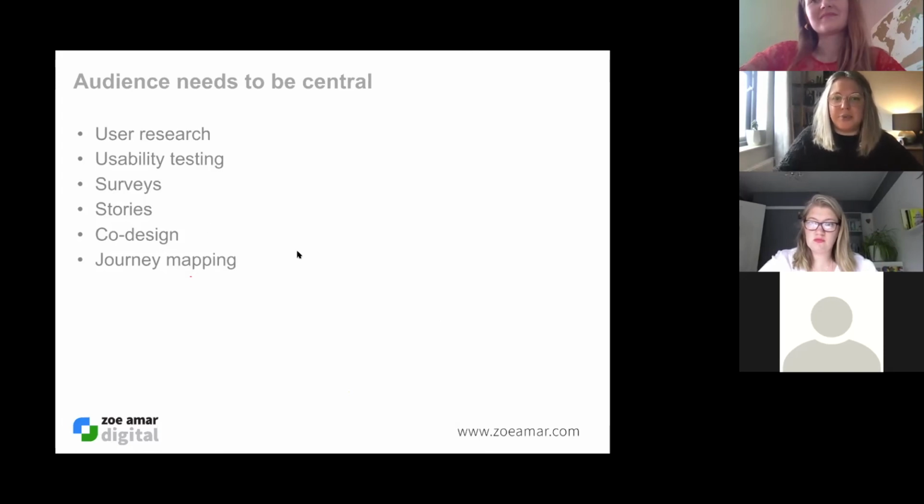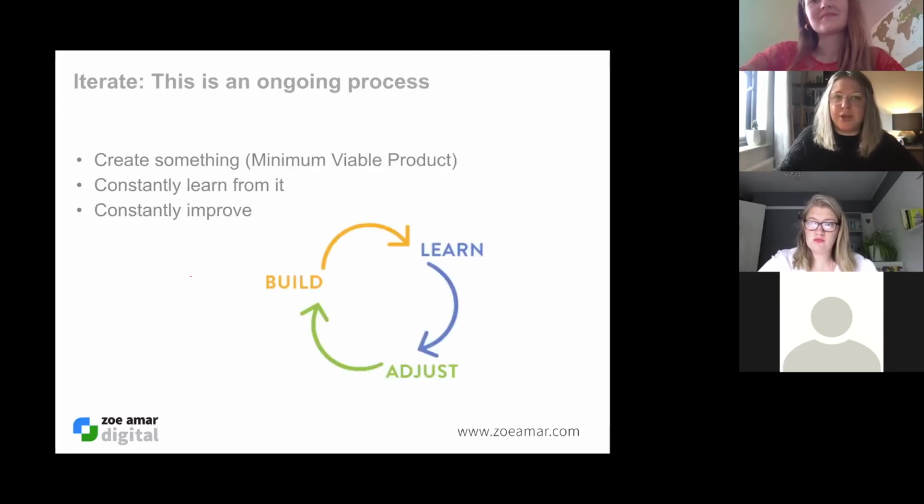The next thing we want to think about is iteration. And again, this is something that everyone here has probably heard about quite a lot. And I do think it is the key to any great digital product, whether it's a service or something else completely. The ability to iterate and change over time is so important. This is going to allow you to stay relevant. It's going to help you provide the right service for your audience's changing needs. It's also going to help you keep on top of any digital changes.